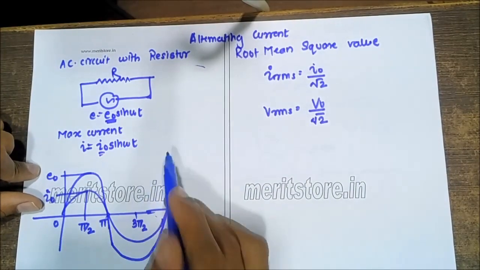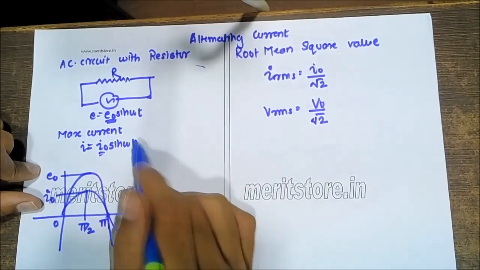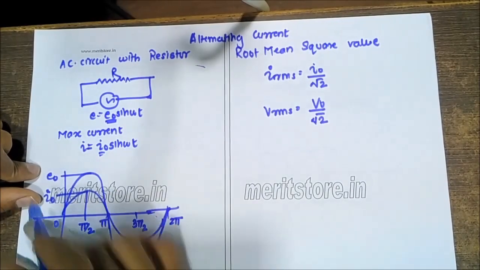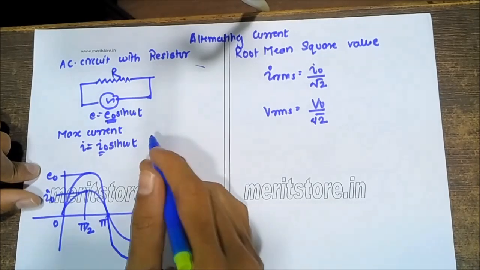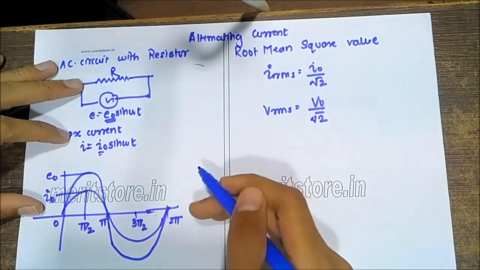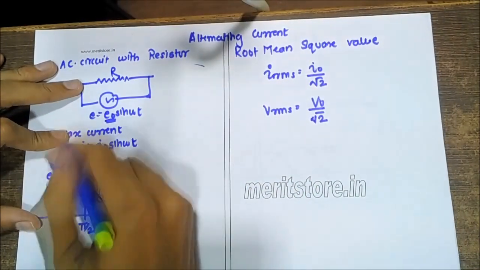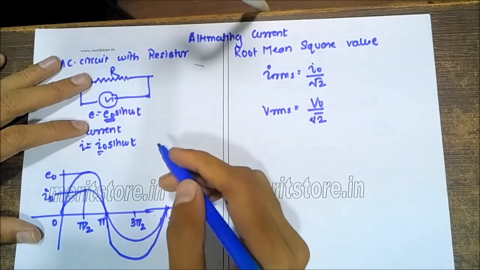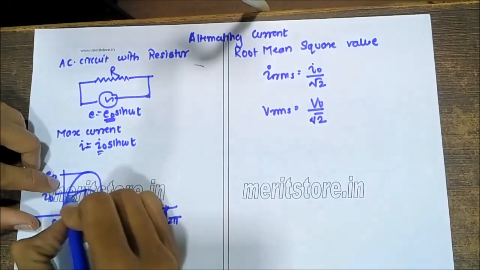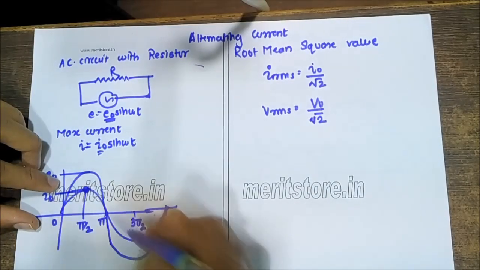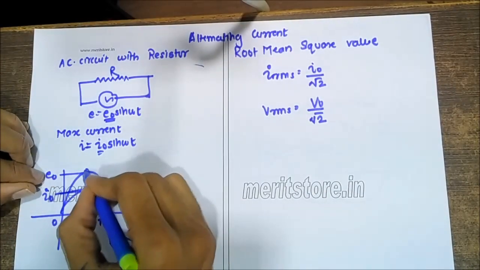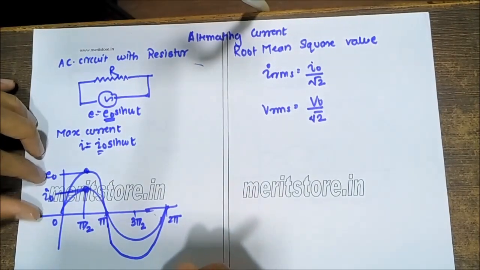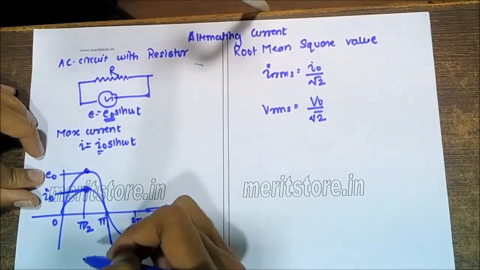If we draw a graph of this, we don't see any lead or lag in the current or the voltage; both of them run simultaneously. If we draw a graph of time t against the angle theta, the maximum value of the current is called the peak value. Where it reaches maximum, it again starts coming down. Likewise for the voltage, E0 is where it reaches high and comes back, so that is called the peak current and the peak voltage.